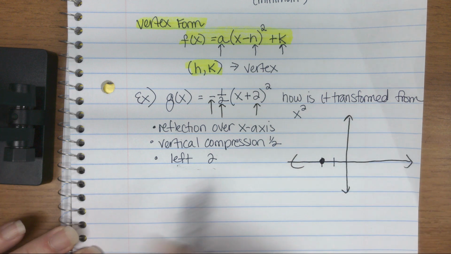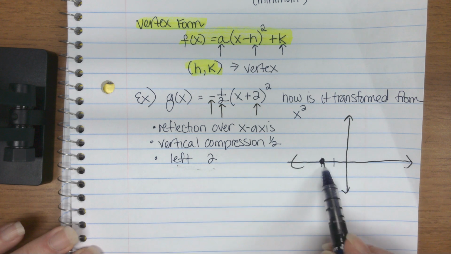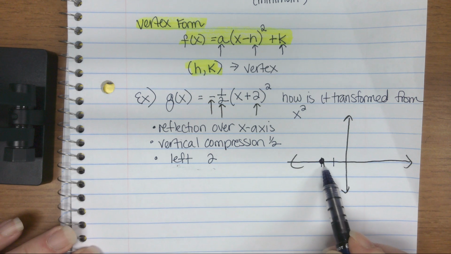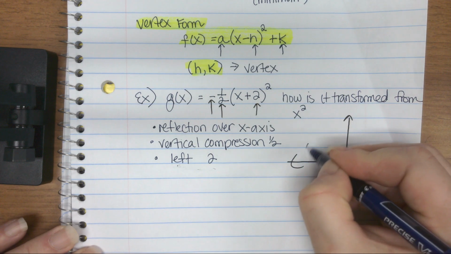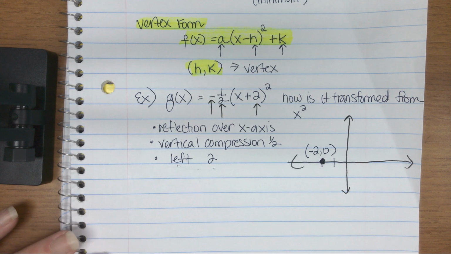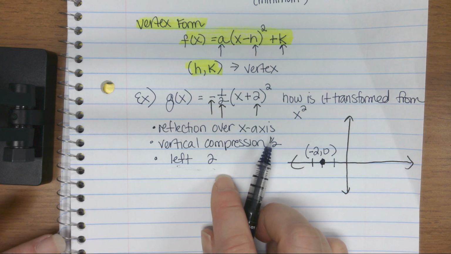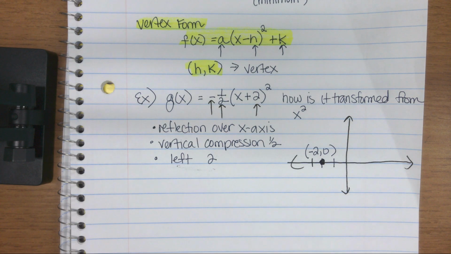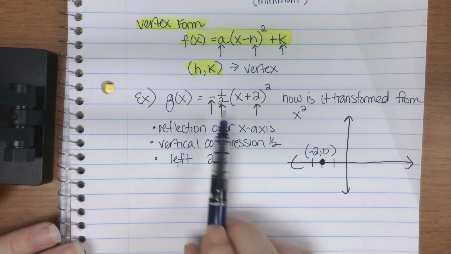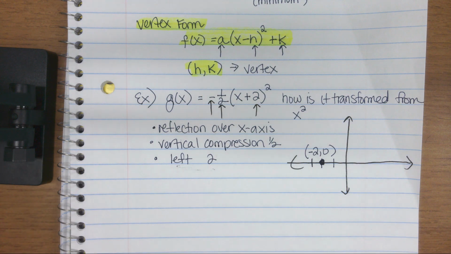Notice it didn't move up or down, correct? All right, what are the coordinates of this point? I think this is what you meant. Yes. Okay, now, because it's a reflection over the x-axis, normally I would go then over 1, down 1. Those are my key points. But because it's a compression of 1/2, instead of going over 1, down 1, I only go over 1, down